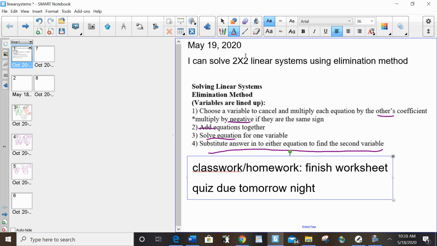Again, I can solve 2x2 linear systems using the elimination method. Your procedures here, we've gone through it quite a few times already. Something you've done within Algebra 2 when you did 3x3 systems. And we talked about matrix method the other day, but if it's the non-calculator section, then you have to do it using